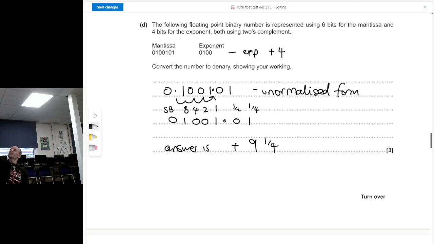Okay. On the mark scheme, they actually awarded marks for that. So they said, like, identify the exponent, or you could have had a mark for doing that. Okay, so